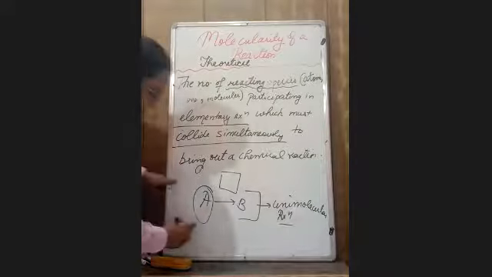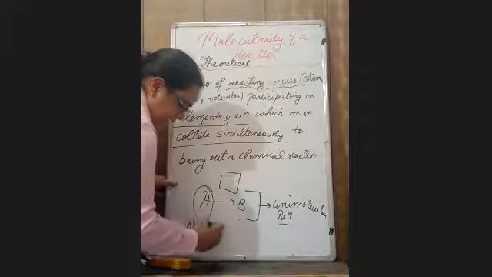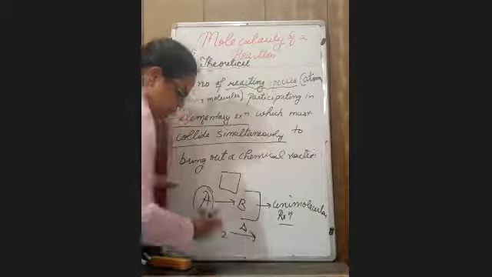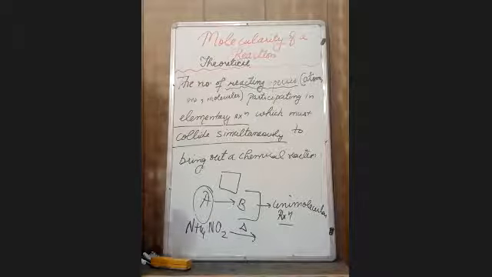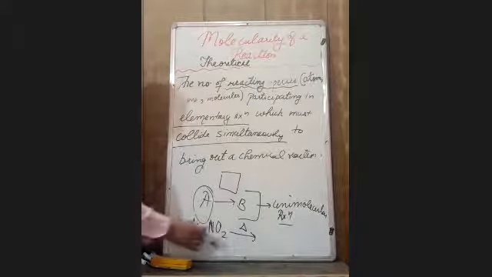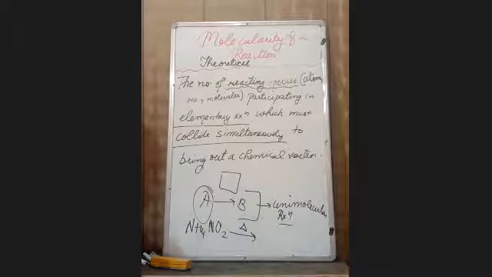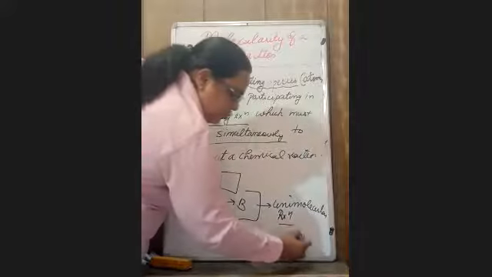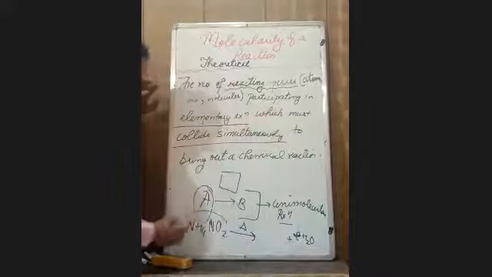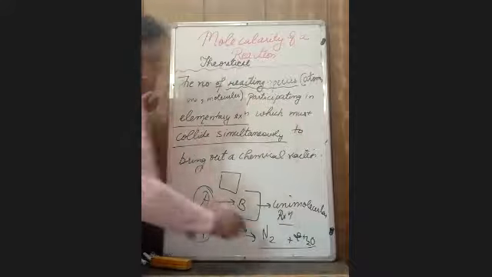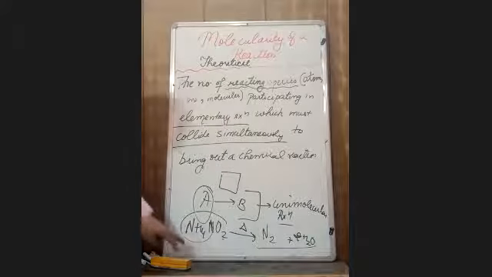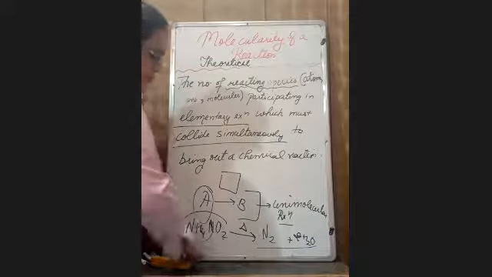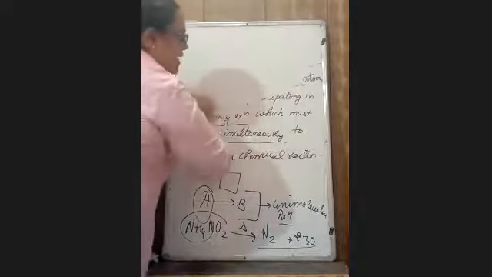Suppose I am taking ammonium nitrite and I am heating it. You will also see this reaction in P block, group 15. Whenever we are heating this, first remove the water molecule. It is 4H and 2O, so first 2H2O is removed. The rest, what is left? It is N2. This reaction takes place in a single step. It is one reactant and it is your unimolecular reaction. It undergoes effective collision to produce the product or new chemical compound.